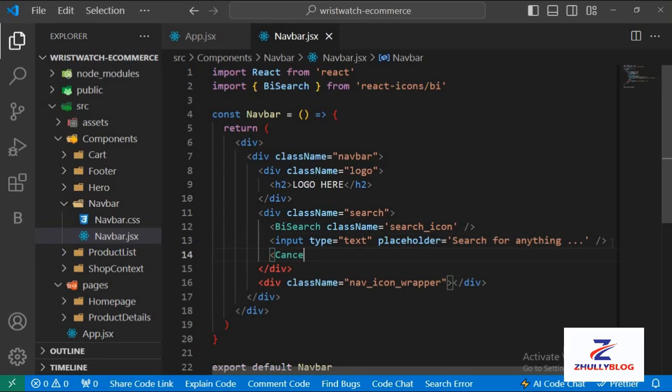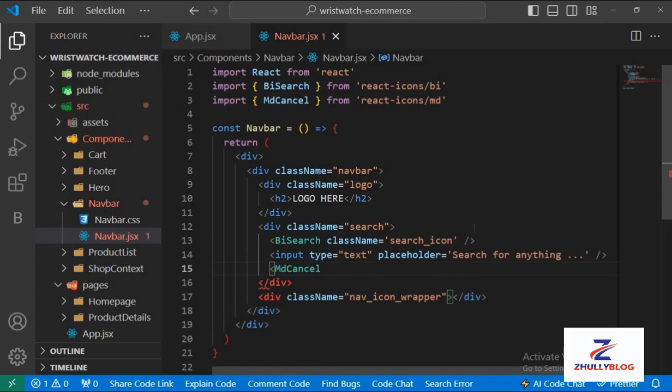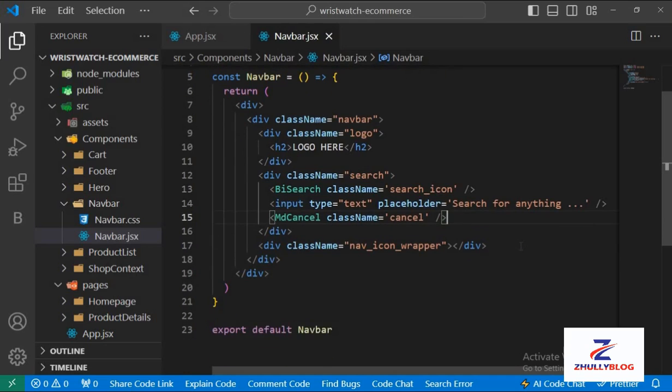Okay, and then we have another icon to cancel the search. So I'm just going to enter cancel, and I'll let React do the work. React is going to suggest a list of icons relating to cancel. So I'm using the second one, and I'm giving it a class name of cancel. So I'm going to close this, and then in my icon wrapper,